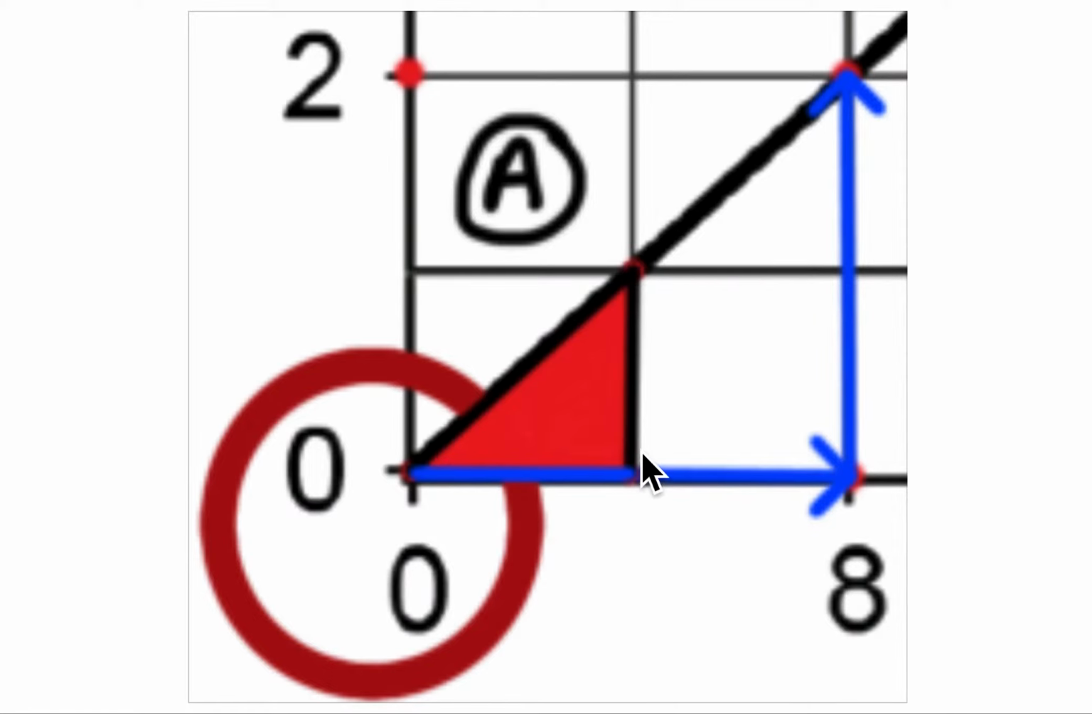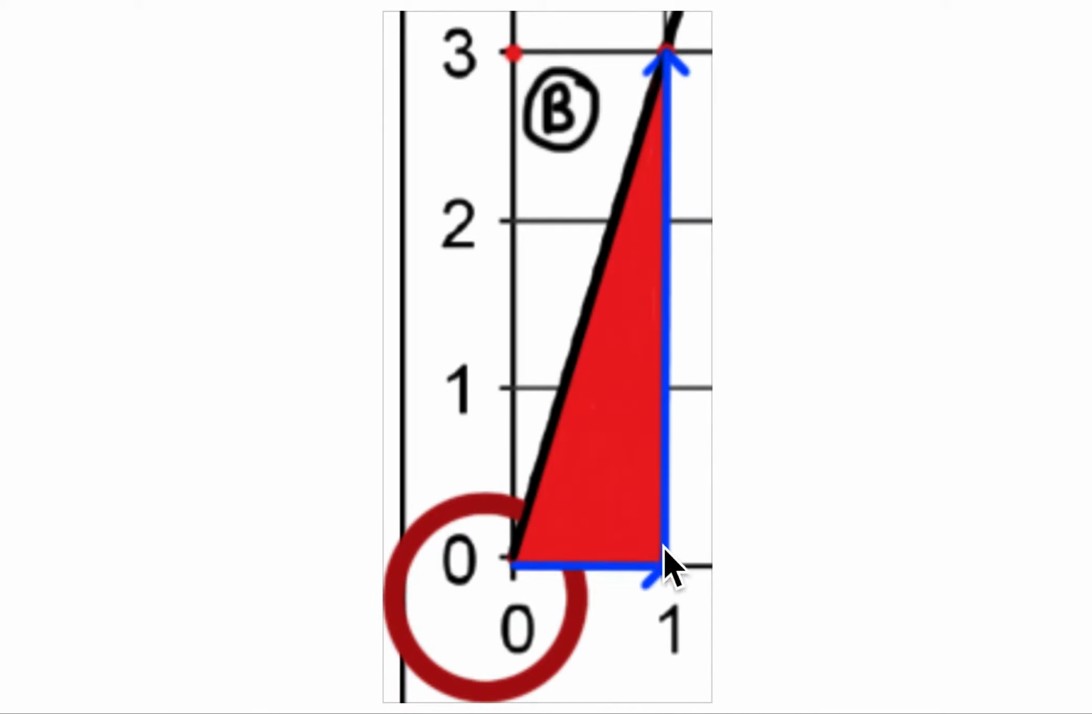So this slope is 1/4. This value is 1/4 the value along the x-axis. B, this value along the y-axis is 3 times the value along the x-axis. Now this one, each unit is